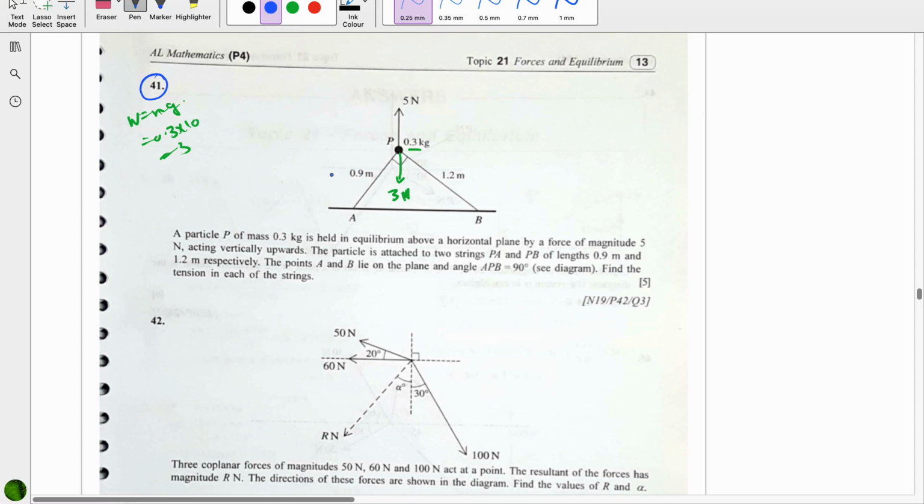Let me say tension in AP would be T1 and tension in PB is T2. So once I resolve these two vertically and horizontally, so if I say this is theta and this is alpha,